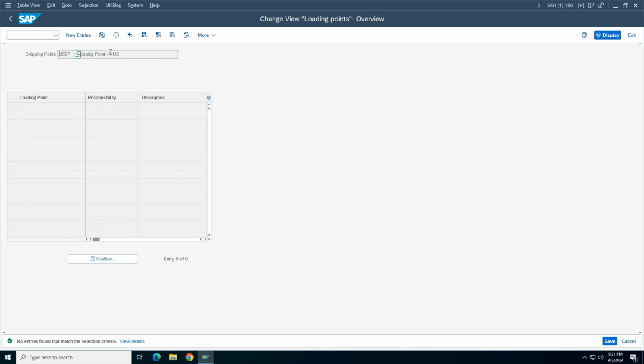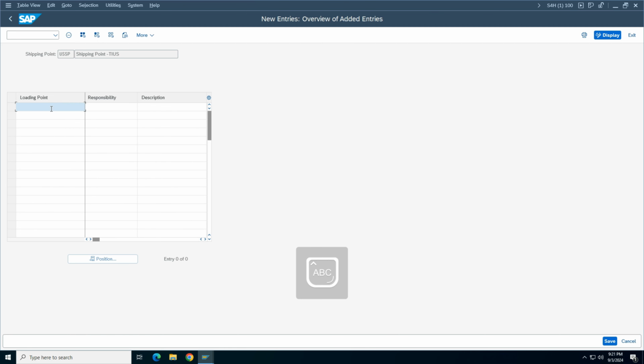Now create new entries. Remember the loading point can be a 2-digit alphanumeric key. So let's enter L1 and name it as loading point New York, and then press enter. And if you need to enter more loading points, you can do so under the same shipping point. Alright, so hit save